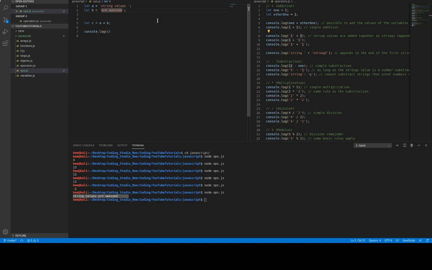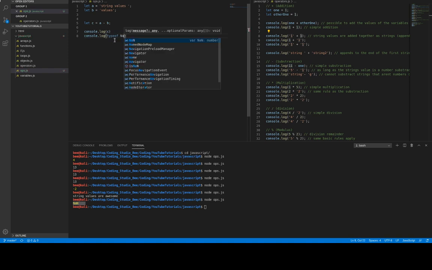Now if I were to subtract values from string values, it wouldn't work. It would give me an error because you cannot subtract from a string. It's not a number. NaN means not a number. Well, it's one of the funny things about JavaScript. If I were to see the type of not a number,